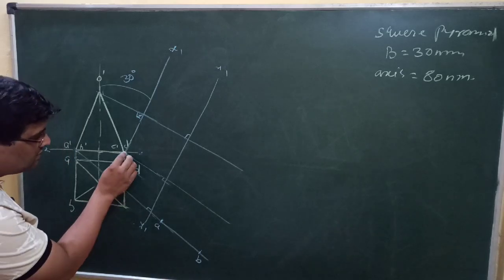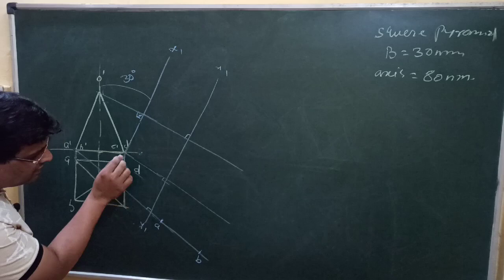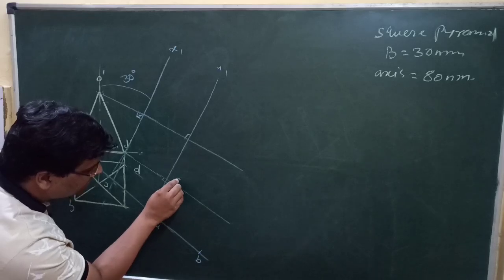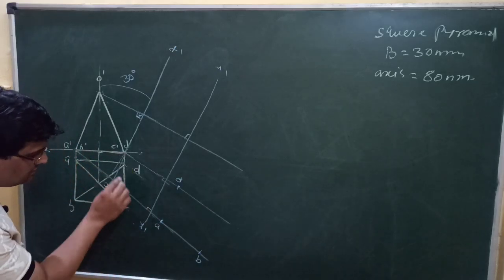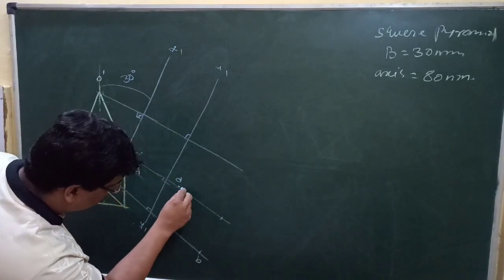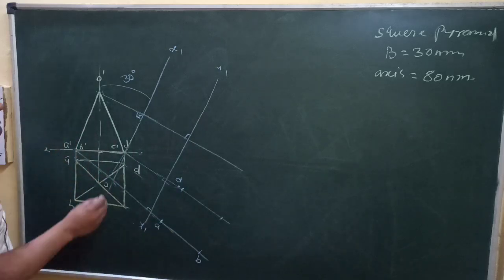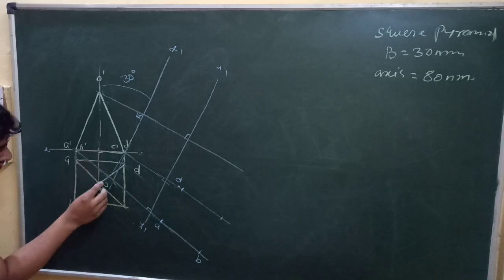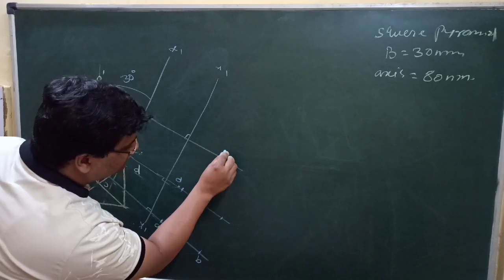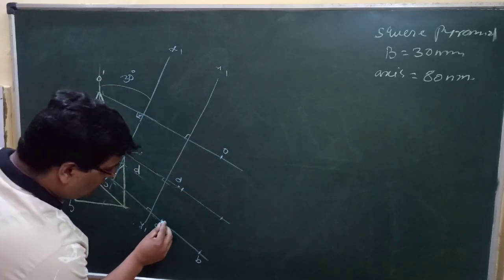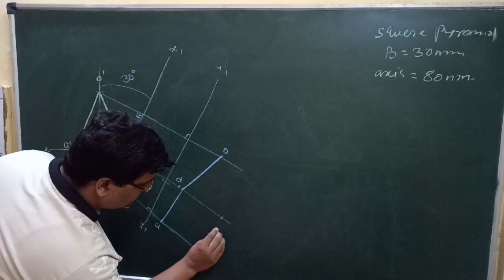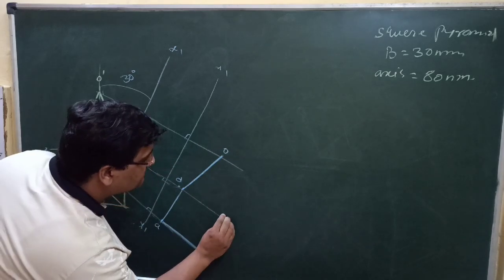Now we can take the distance for C and D from here and cut on the line of C and D. So D can be cut here, so D is here, and this distance from XY to C can be taken here also. Similarly for O, we have to take the distance from XY to O, this much of distance, and cut on the line of O. So we will be having O also. Now we can join the outlines like this.